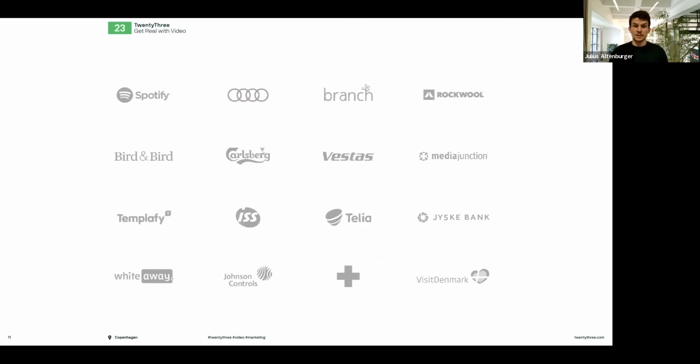Who are our customers? We have a big mix of different customers coming from Denmark and all over the world. We're from, as I said, small companies, startups, scale-ups, up to global enterprises. I think everyone in here probably can see a logo that they recognize from somewhere, especially some of the ones like Carlsberg, for example.